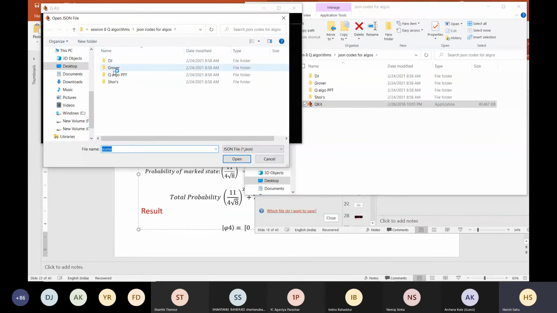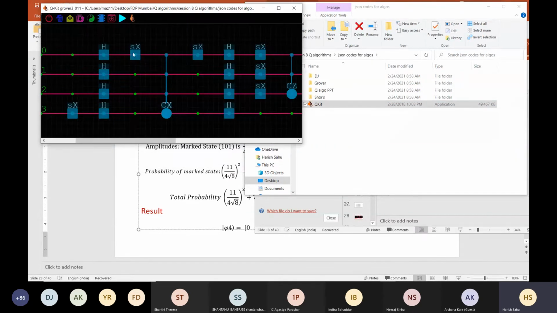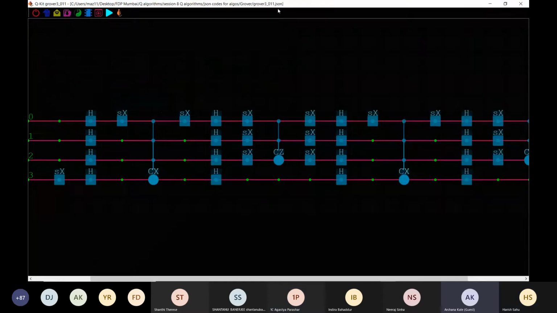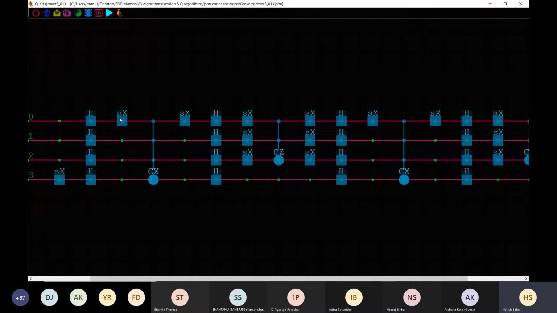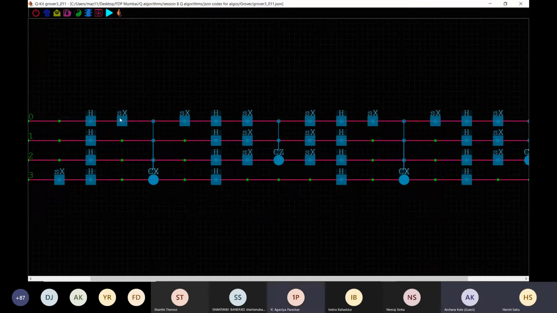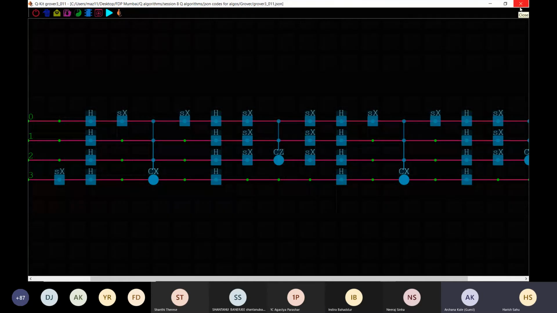See, Grover's. So just simply the same thing only. We have to apply this NOT gate on the first qubit. If the function is x1 bar, the NOT gate positions will change accordingly. We'll have to change. And if the function is like x1 and x2 and x3, then what will be the changes in this circuit? NOT gate. Perfect. So you have become experts at implementing this thing.